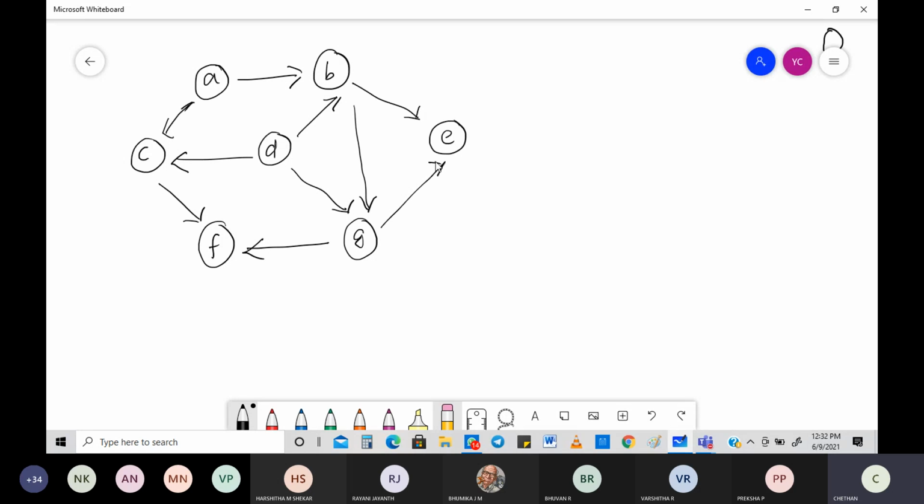Let me count the number of edges to check whether I got it correctly: 1, 2, 3, 4, 5, 6, 7, 8, 9, 10. I got 10. Checking here: 1, 2, 3, 4, 5, 6, 7, 8, 9, 10, 11. I guess 11.